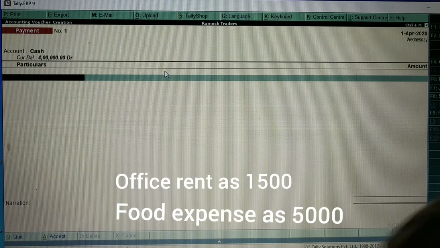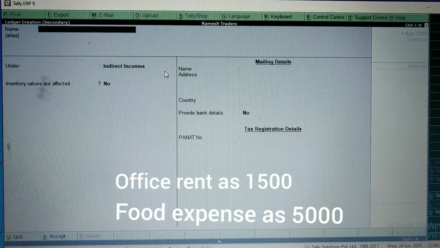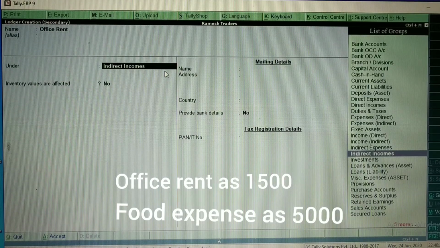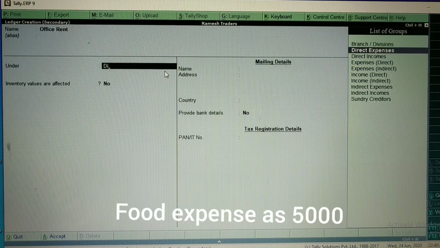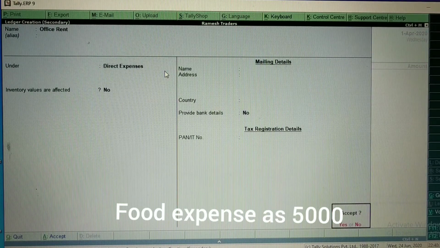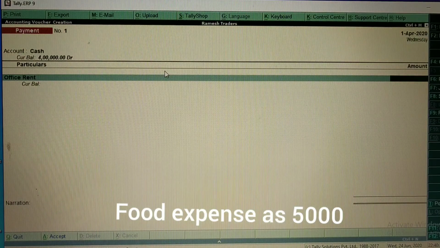First we need to create a ledger for this. So press Alt C, and then here you need to select office rent. He is paying office rent, so it is called a direct expense. Already I have explained all these things, so no need to explain now. Next one, how much is he paying? 15,000 rupees.